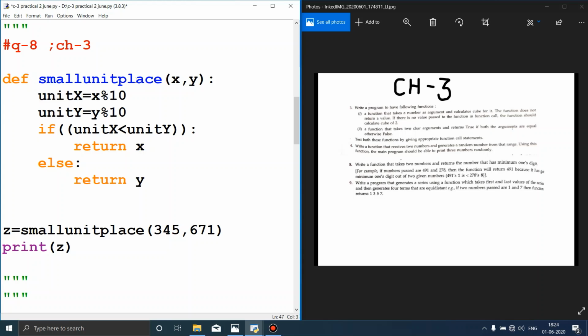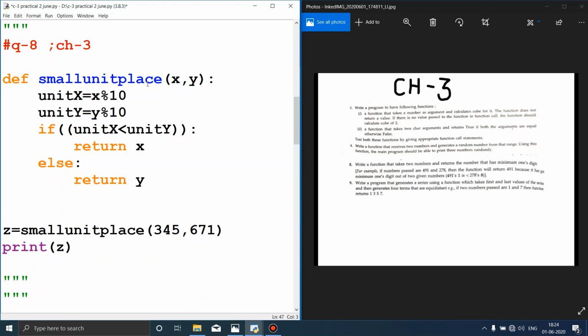This is the name of the function. You can take any name for the function, but I always try to take a user-defined, user-friendly name. Just by looking at this program, you should be able to get a key about what we are talking about. So by this name you are easily able to grasp the concept.